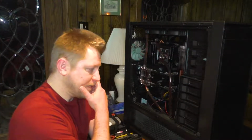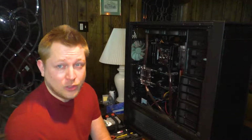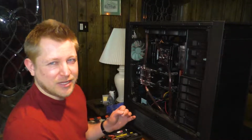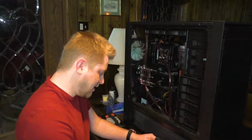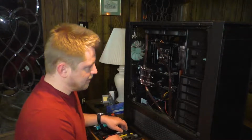Alright, seeing as I don't have an easy loop draining solution here, meaning that when I do drain this, it's probably going to leak. There's going to be spillage, there's going to be splashage. Another reason I'm recording. I figure I gotta take out as many components as I can